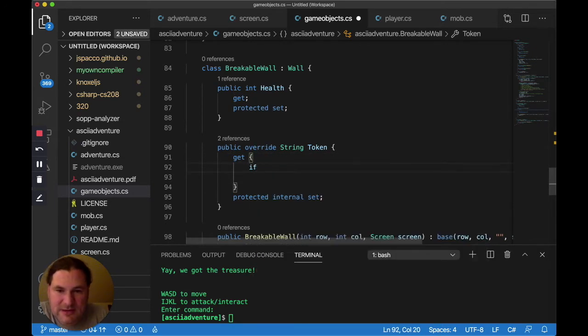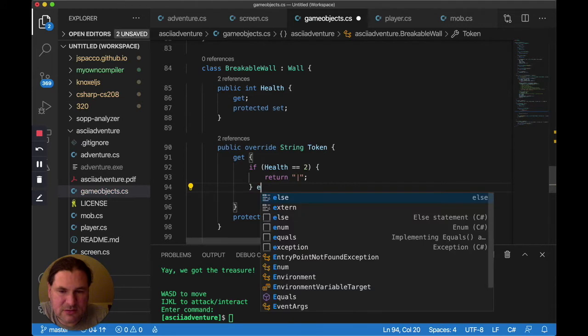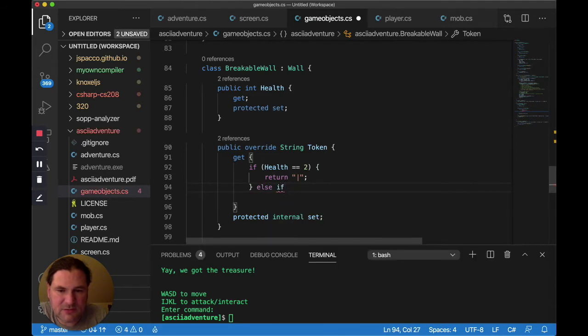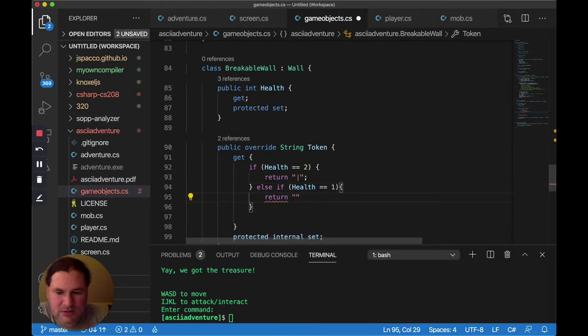If health equal 2, return this, else if health equal 1, return this,